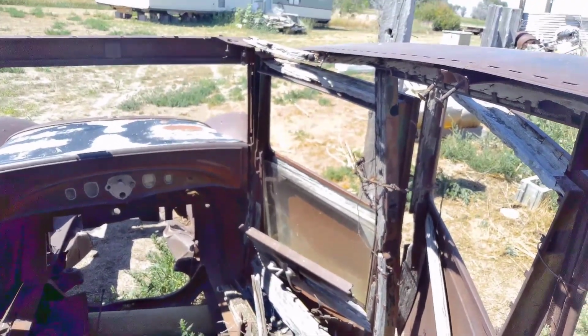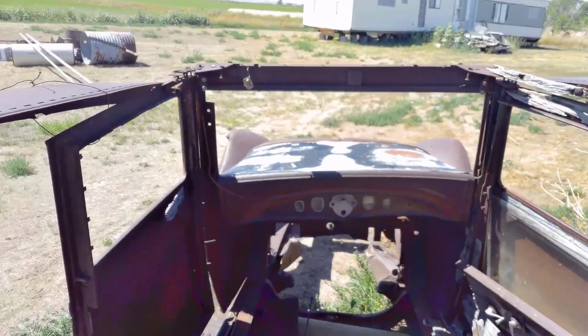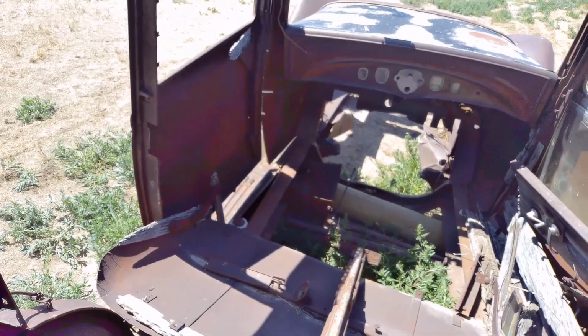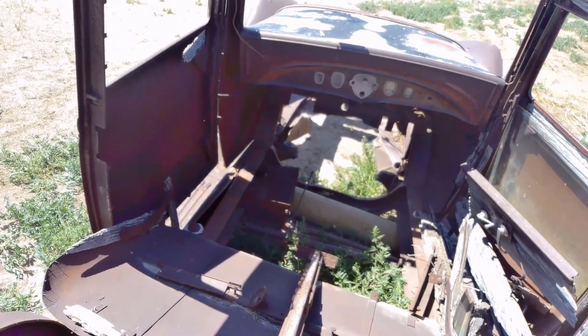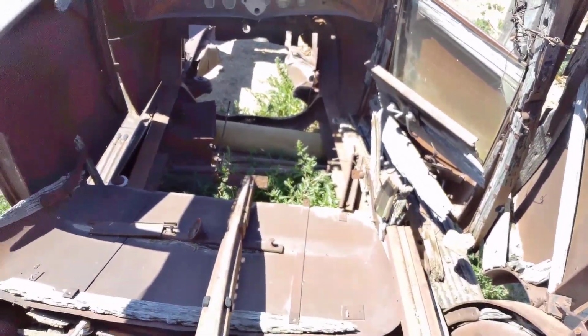for this rat rod, I will use a steel structure for everything, including steel on the doors. I don't care if it'll make it a little bit heavier than what it is, because it'll have a big block pulling it. And plus too, with this light of a car,